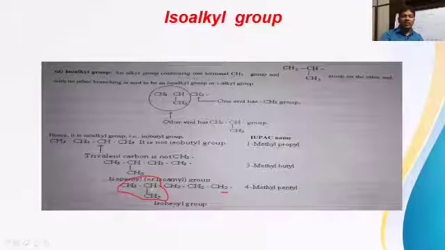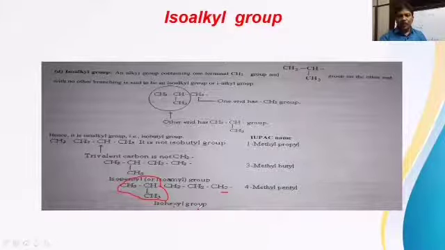This is called isopropyl group. Isopropyl group at one end, bond CH2 bond at the other end. So these two will make it isoalkyl group. And there is no other branching, you check it. On this carbon and this carbon, there is no other branches. When there is no other branching and having isopropyl at one end and CH2 at the other end, it will make it isoalkyl group. In common name system, what do we say for this one?